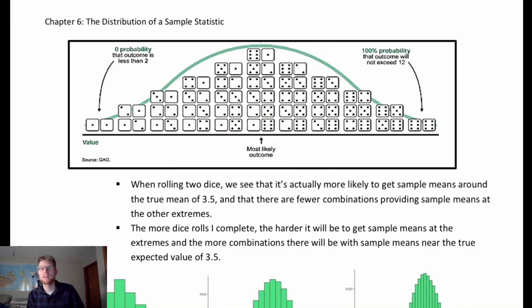So if we go back to the dice for a second, we can think about sampling 2 dice. That might seem odd, because why am I sampling dice if I already know what the distribution looks like? But because it's something that we understand, it's probably easy to work with. So we know that